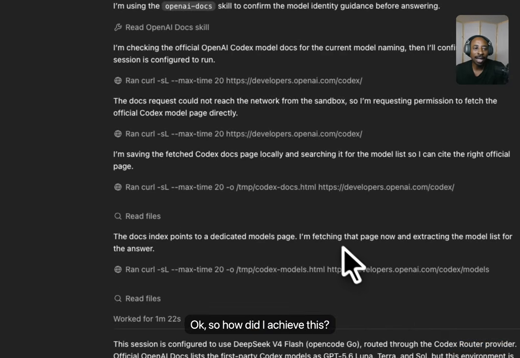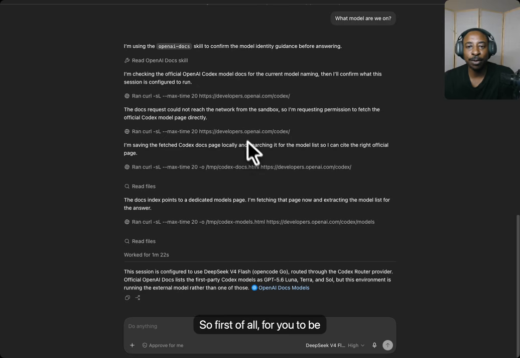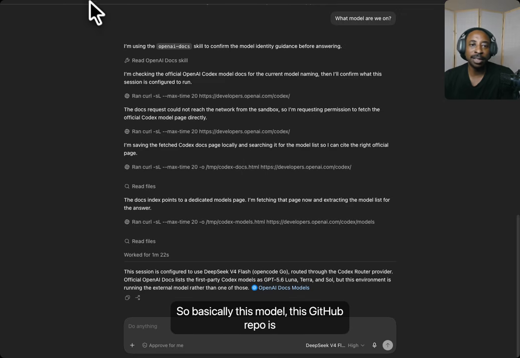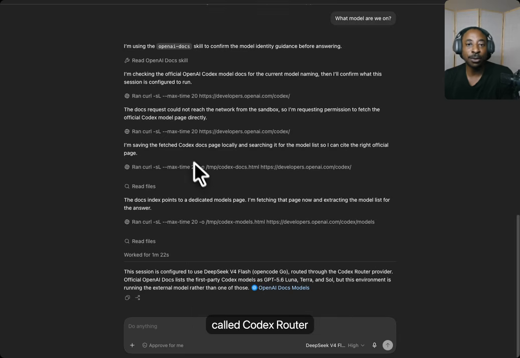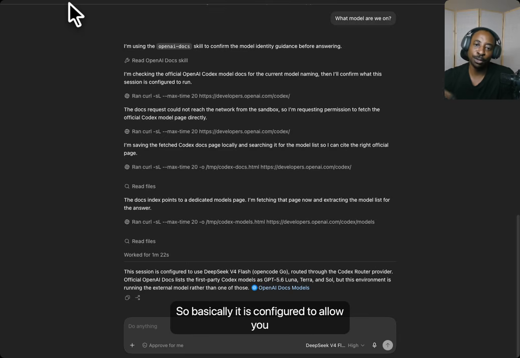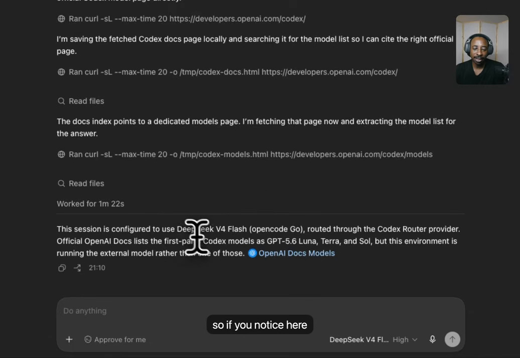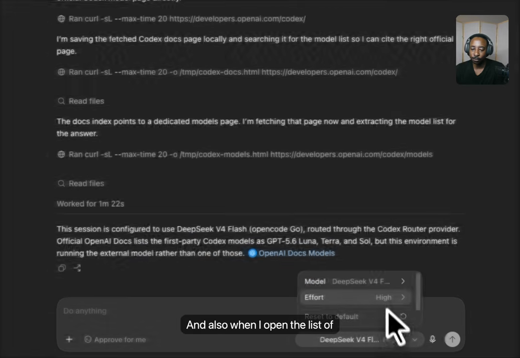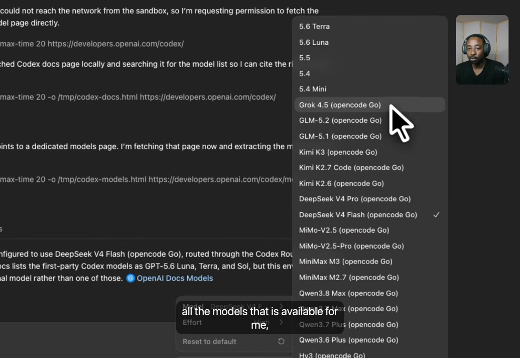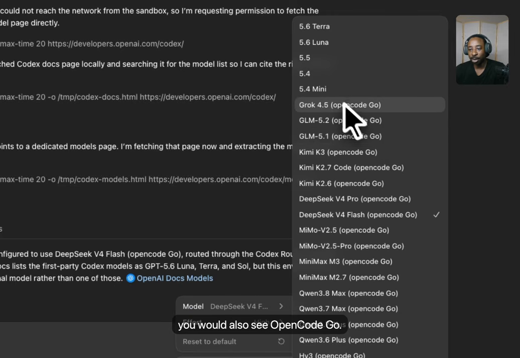Okay, so how did I achieve this? There is a GitHub repo I'll be sharing with you. Check the comment section, I'll be dropping it there. This GitHub repo is called Codex Router. It is configured to allow you to use OpenCode models within your Codex desktop app. If you notice, here we have DeepSeek V4 Flash, and then we have OpenCode Go. And also, when I open the list of all the models that are available for me, you would also see